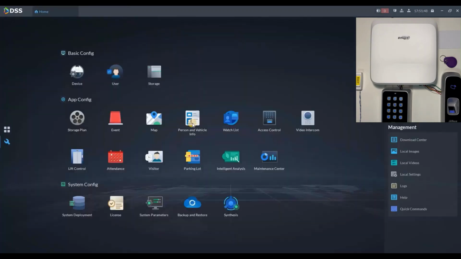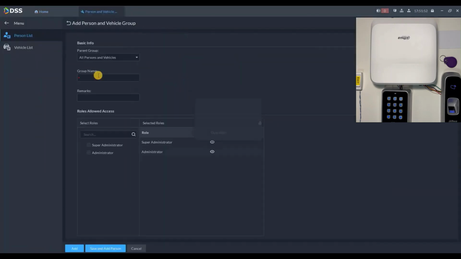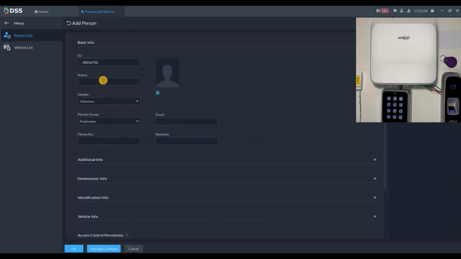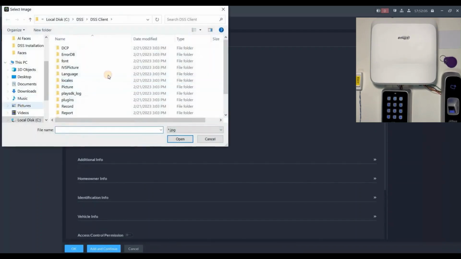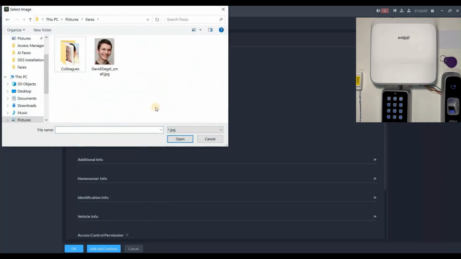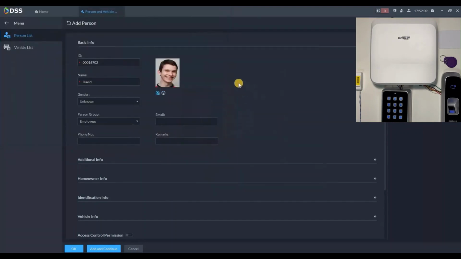of these groups, so we go to person and vehicle info. We can also set a group here, for example employees, click save and add person, and our first person will be named David, and we can upload his picture here. And after we upload it here,